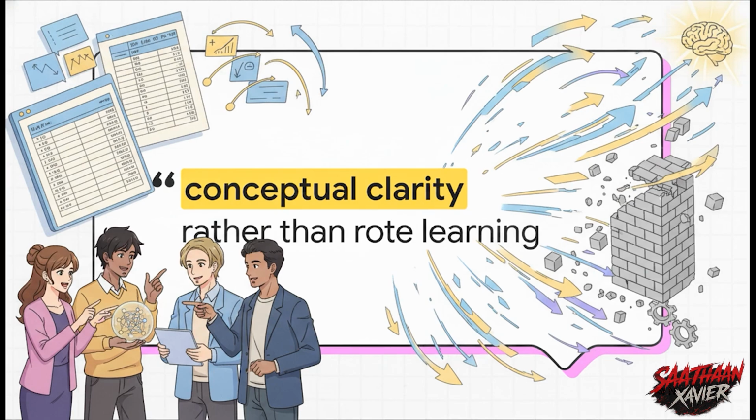rather than rote learning. Because this is a subjective paper, guys, if you just memorize that debit means in and credit means out, you are going to get completely stuck the second a complex real-world transaction hits your desk. You have to understand the why behind the numbers. Why does an asset increase on the debit side? Why do we treat advanced income as a liability? We are going to focus heavily on that why today because that's the real secret to passing.